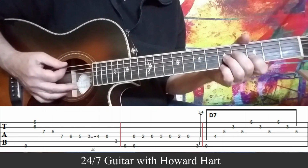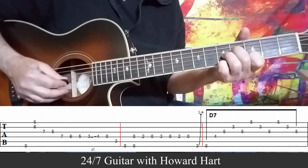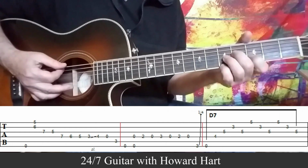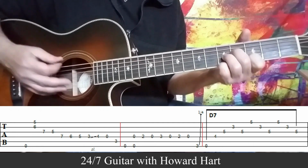Now what I'm doing there is a downstroke, followed by 2 more downstrokes, then upstroke, downstroke, and then up, up, down, up, up, down. So we have...